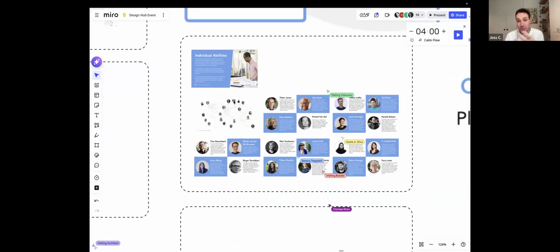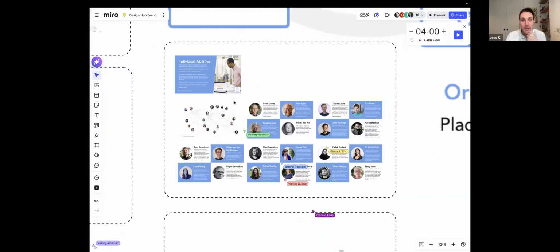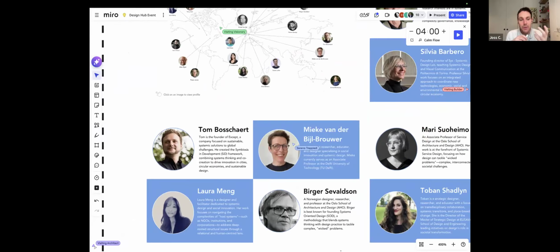They've all been part of these organizations we're going to look at in a minute, or developing those toolkits. Tom is another member of our community. He's been developing that symbiosis and design toolkit for maybe 10 years now or so, and putting it into practice in many different projects around sustainability and systemic design.